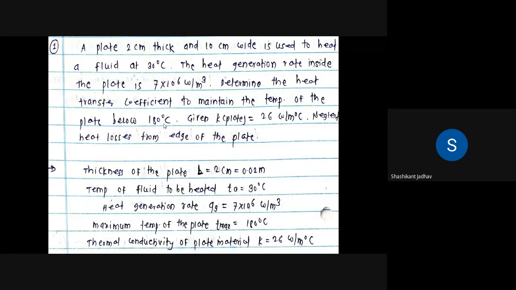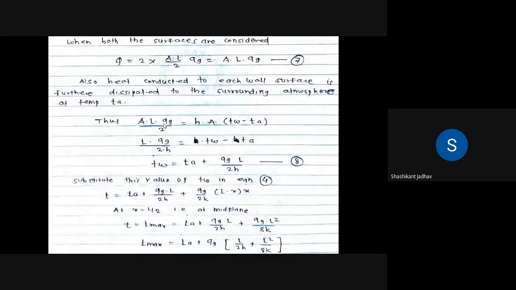मॅक्झिमम टेम्परेचरचं इक्वेशन पाहिजे आणि त्याच्यामध्ये H आपल्याला कॅल्क्युलेट करायचं आहे. So in that H is unknown. So we have to check the equation of the T max. In that H is there. So by using that equation we have to calculate the value of H. So we have to go for the plane wall, the derivation of the plane wall.